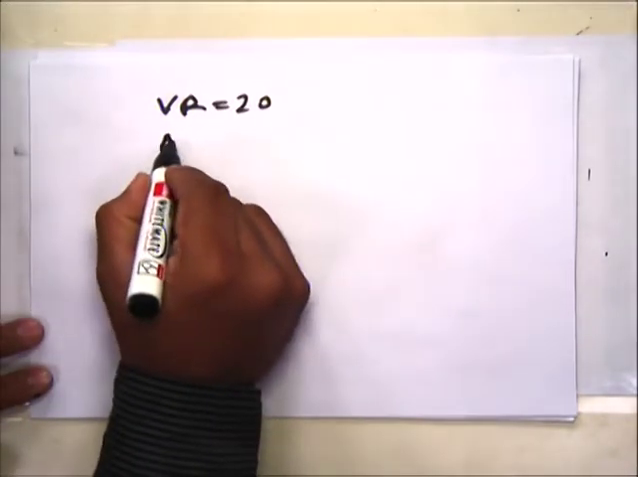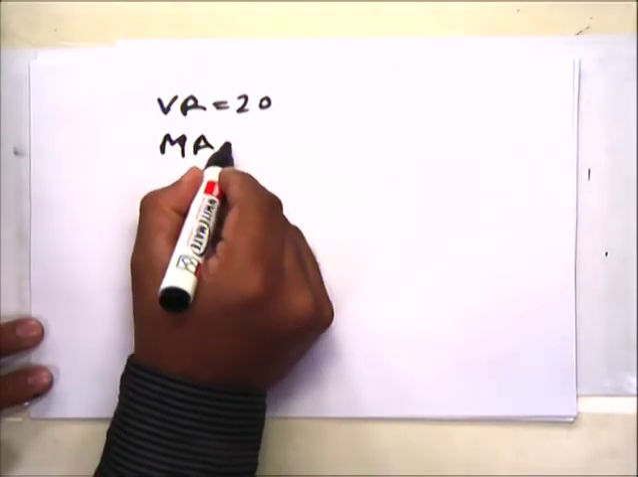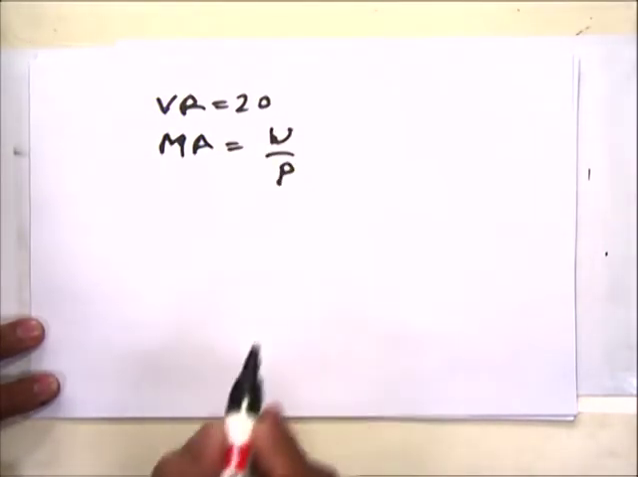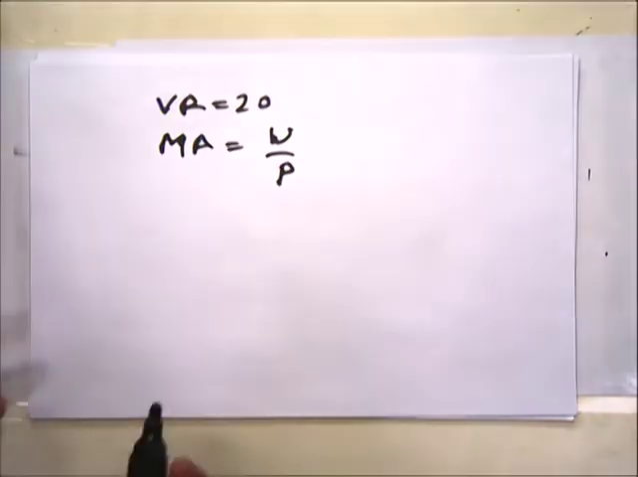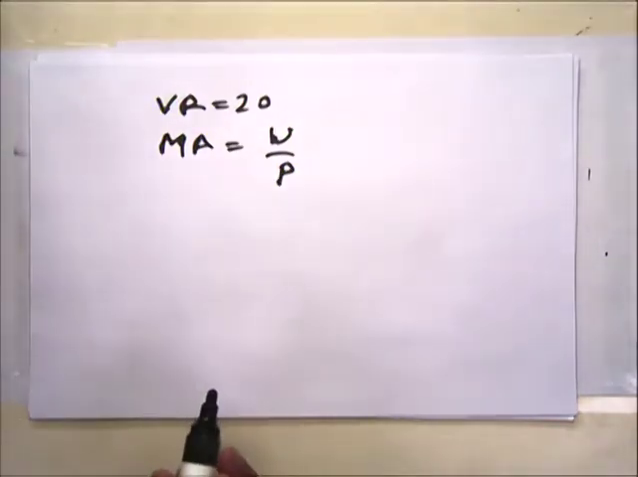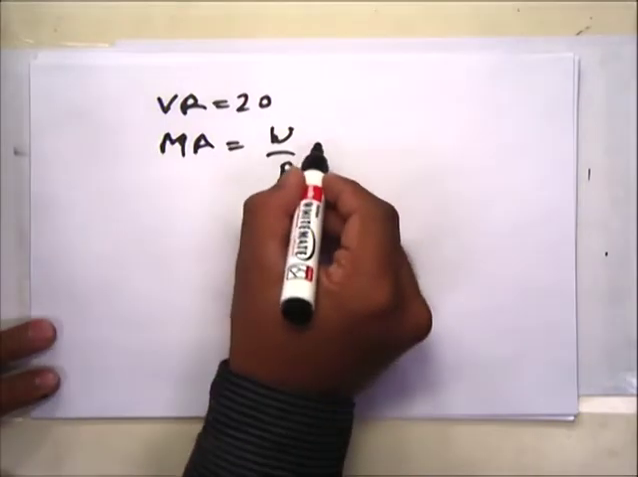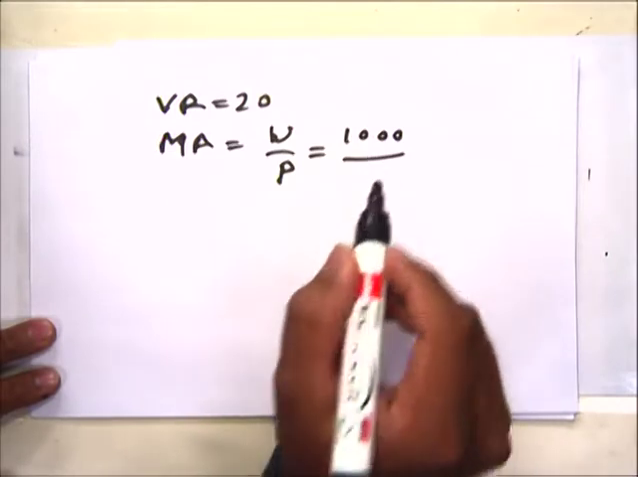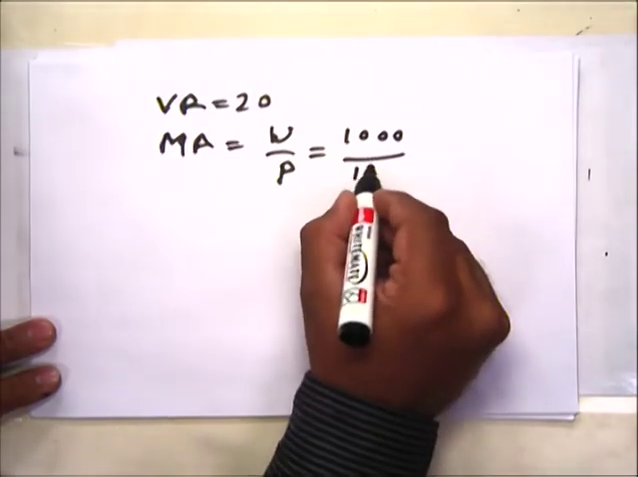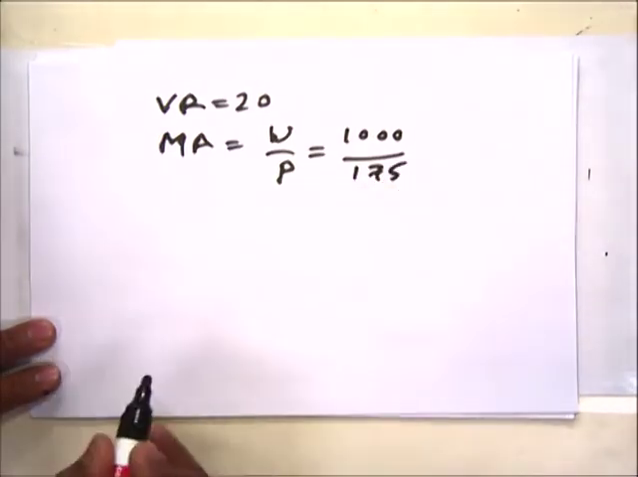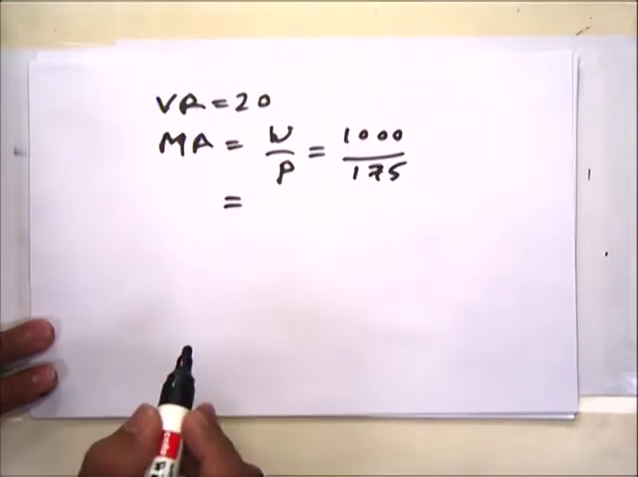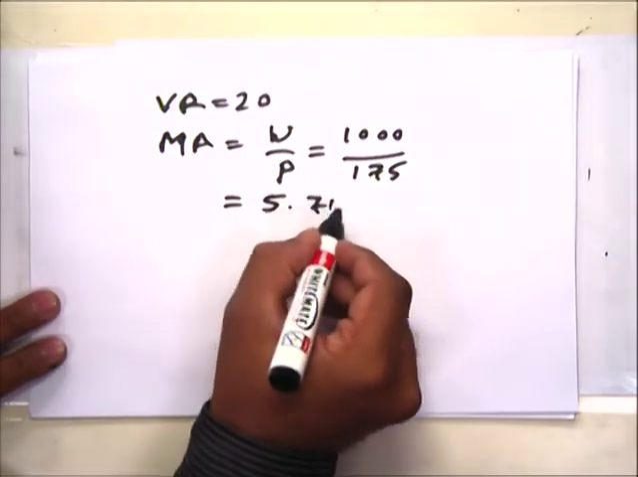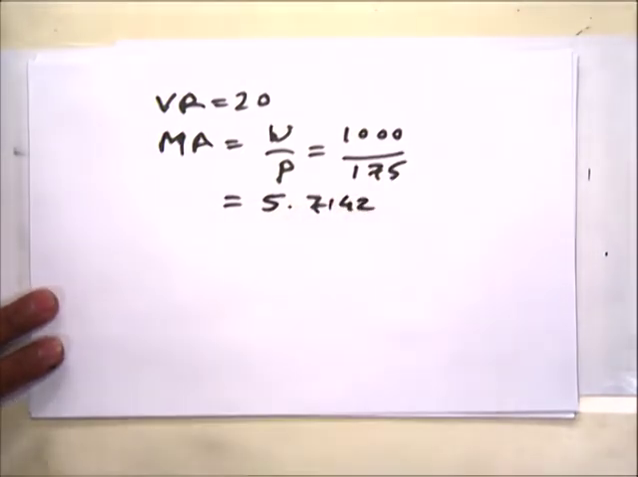From the data we can say mechanical advantage is required to be obtained. The equation for that is W divided by P. Now we have to take it from any one data, so I am taking 1000 Newton. So 1000 Newton load is there and the corresponding effort is 175 Newton. By calculating we can get 5.7142. So here we obtain a mechanical advantage